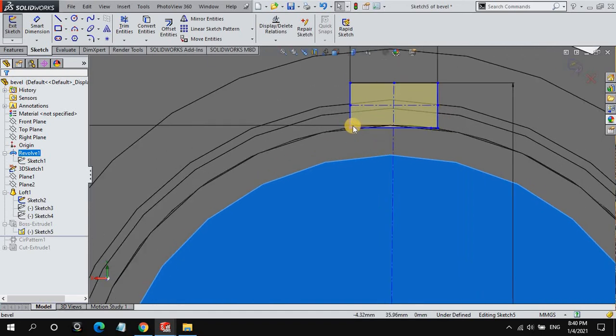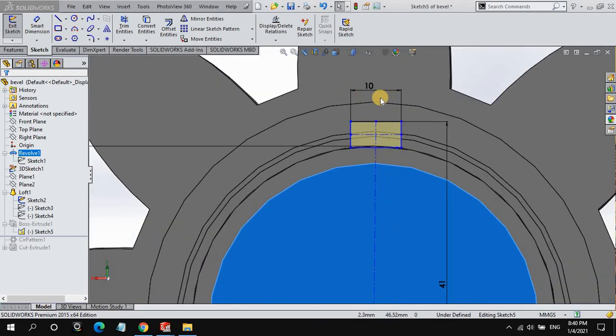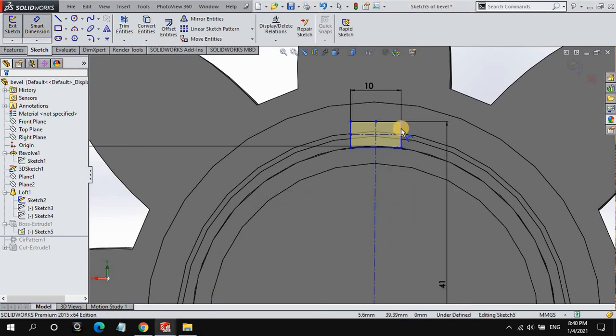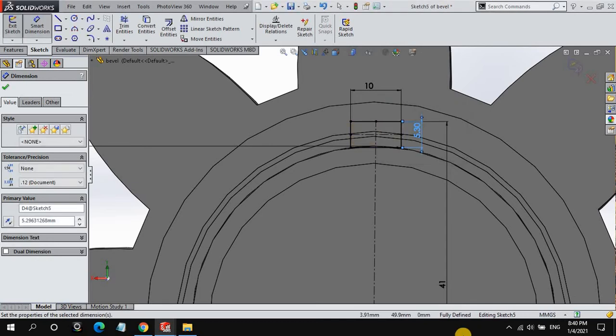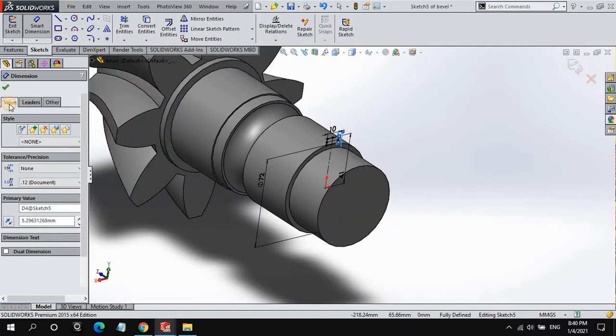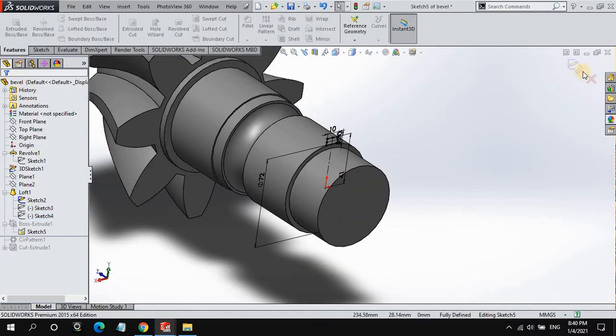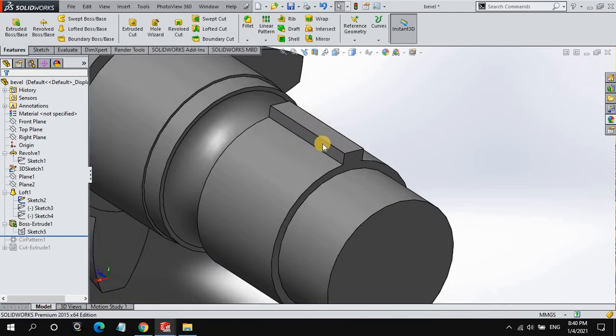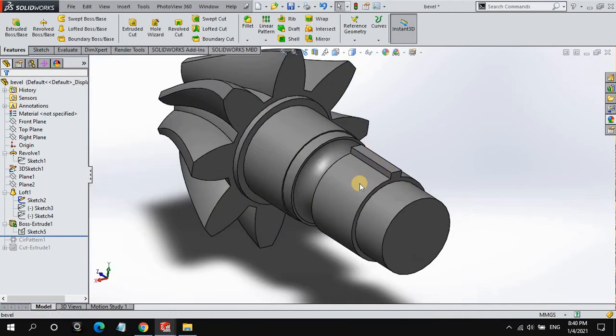Create the line from here to here, and another line from here to here, with a length of 10 mm, and the length of this one is 5.3 mm. Okay, done. After that, go to the extrude command and give this shape. Now create this feature on the whole body.